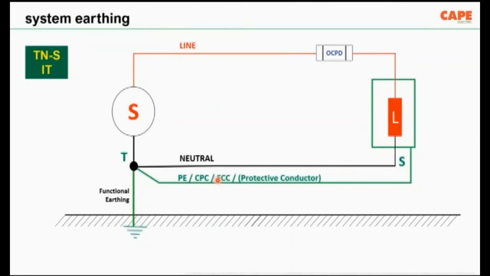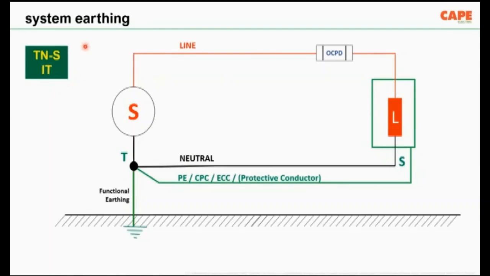One of the first subjects we have to discuss is system earthing. System earthing in the sense, how are we going to earth the electrical system? Electrical system earthing is classified into TN-C, TN-C-S, TN-S, TT, IT. There are several classifications, but preferably for a large scale installation where you have your own transformer, we are supposed to go for a TN-S system for electrical installation and an IT system for some of the